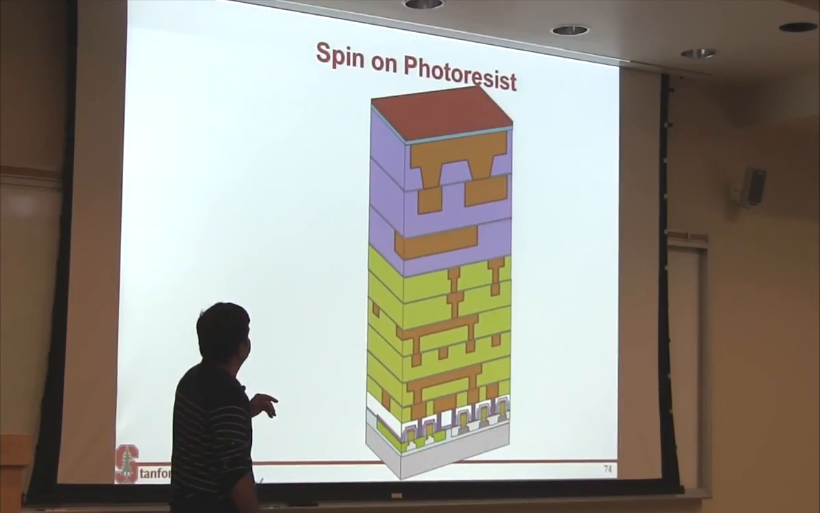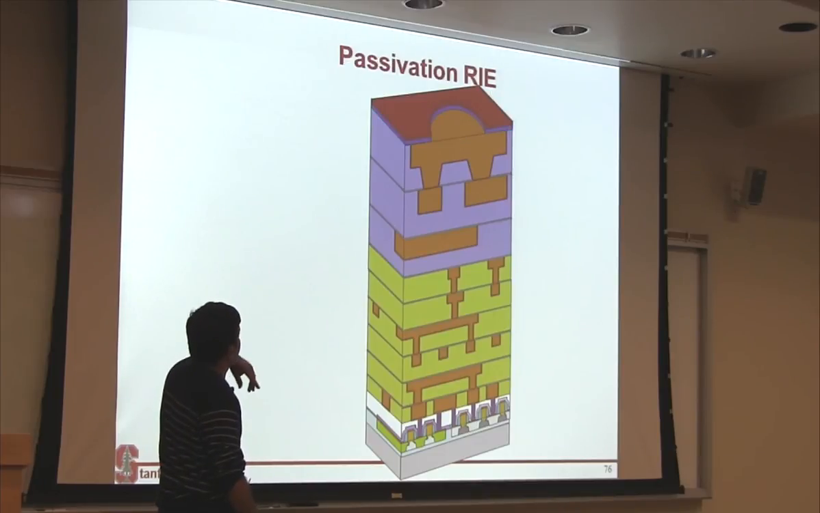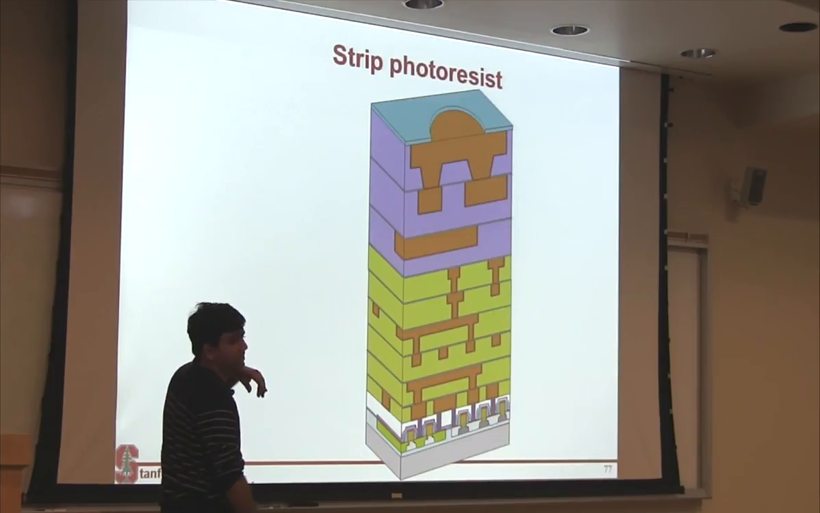Then you put another resist. You open up this circular opening, and then you etch it down to your final copper layer, and then you